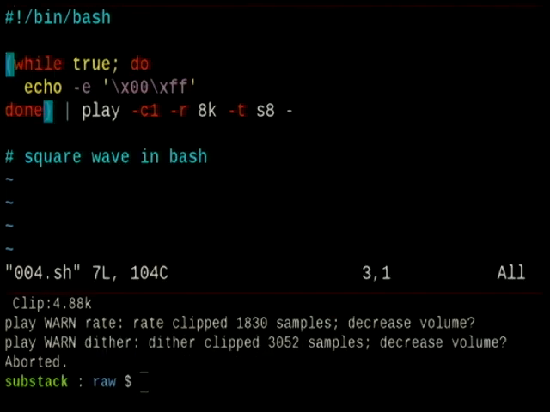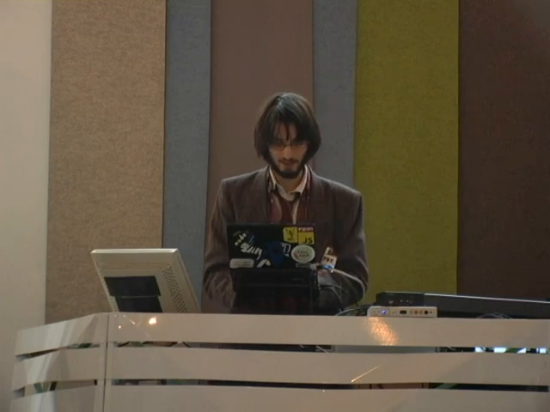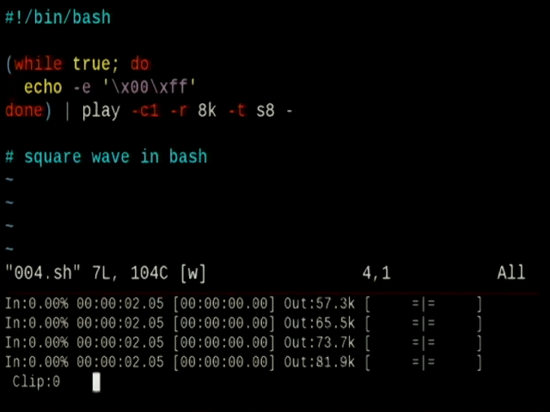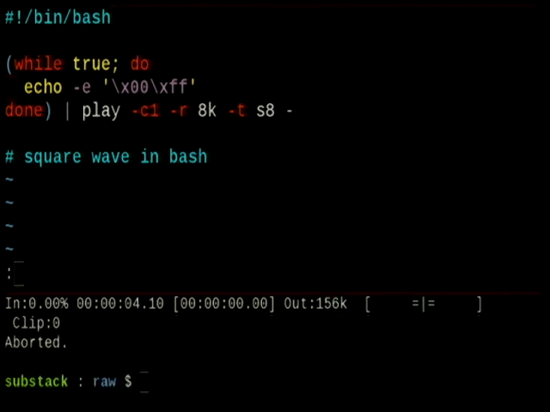But maybe we could do something different. Here's a little bash script that will play basically a square wave at 8K output. What's happening here is we're writing all zeros and then all ones for a bit and just alternating that pattern with a while loop in bash. And we can play that, and it sounds like this. So as you can imagine, if we can write a program to output bytes that is our music, we can make any kind of music with a sufficiently complicated program. So that's what I will be doing.